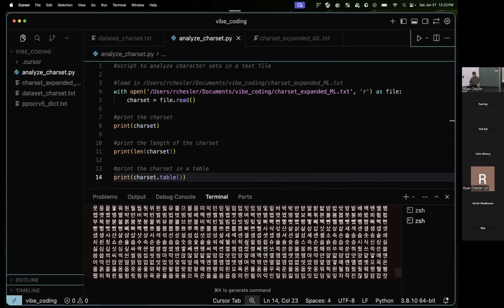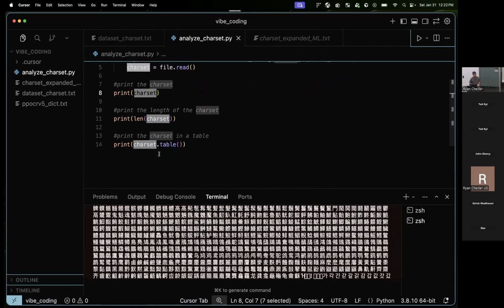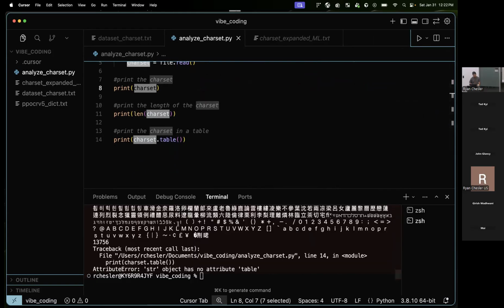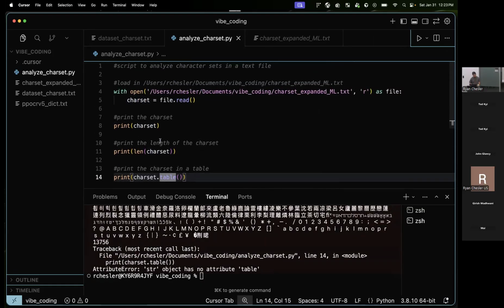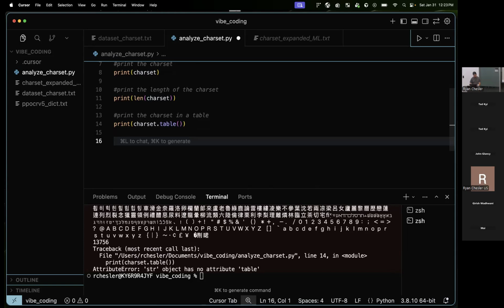So what it did is it loaded the file and it printed it all off. And then it said, how many characters are there? So this is the listing of all the different characters. This is the number of them. And then it tried to convert it to a table, but that wasn't the right kind. So it made an error. So what I can do is then I can say, okay, I want to